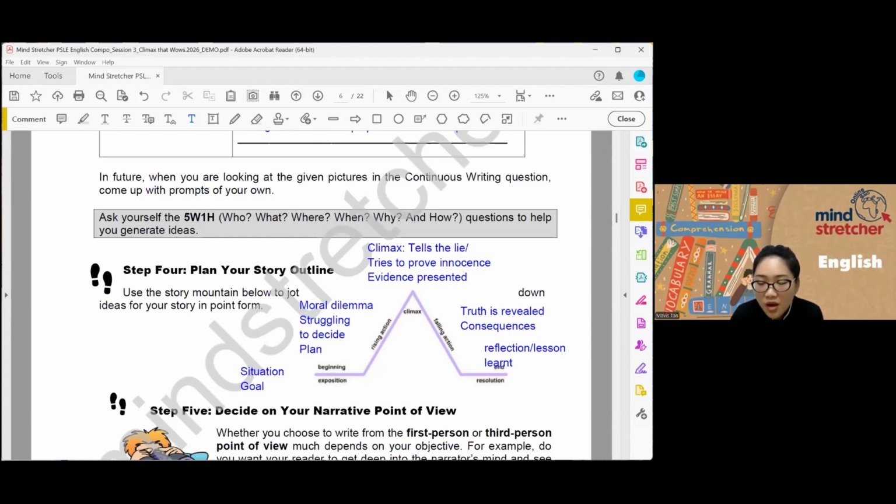Always write about something that's directly linked to the composition, of course. And I want you to consider this. In your reflection and conclusion in this particular composition, ask yourself, answer a few questions and include them in the paragraph, okay? Why is it important to tell the truth? Why is it worth it to tell the truth? What's the problem with lying?